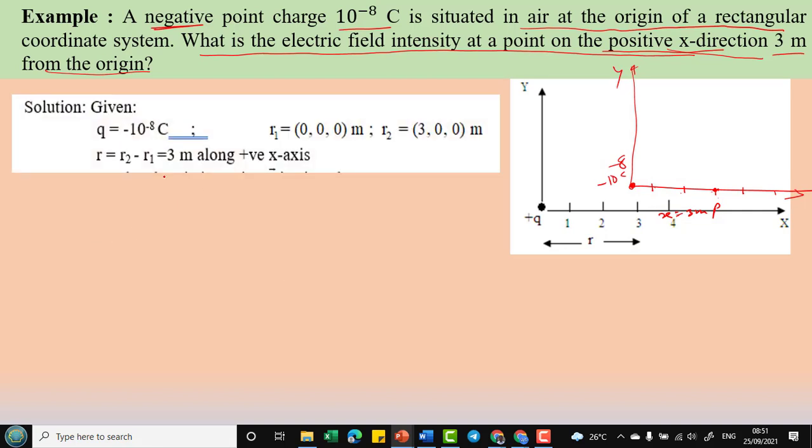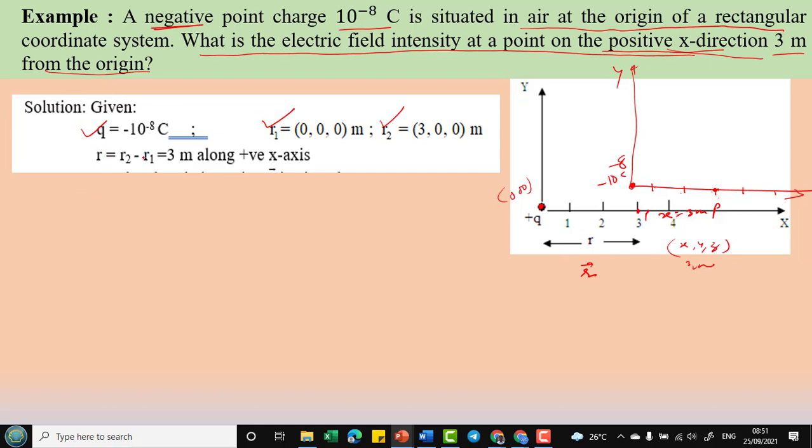सो व्हाट इज गिवन टू अस? चार्ज दिया हुआ है, R1 दिया हुआ है, R2 दिया हुआ है, ठीक है. R की पोजीशन यूनिट वेक्टर की जी ओरिजिन जो है वो 0 0 0 हो गया. सो जो दूसरा पोजीशन है वो भी मालूम है, पॉइंट P. इट्स के कोऑर्डिनेट्स x y z जो है दैट इज 3 0 0. सो यू कैन फाइंड दी R कितना रहेगा देन. सो R कैन बी फाउंड आउट.